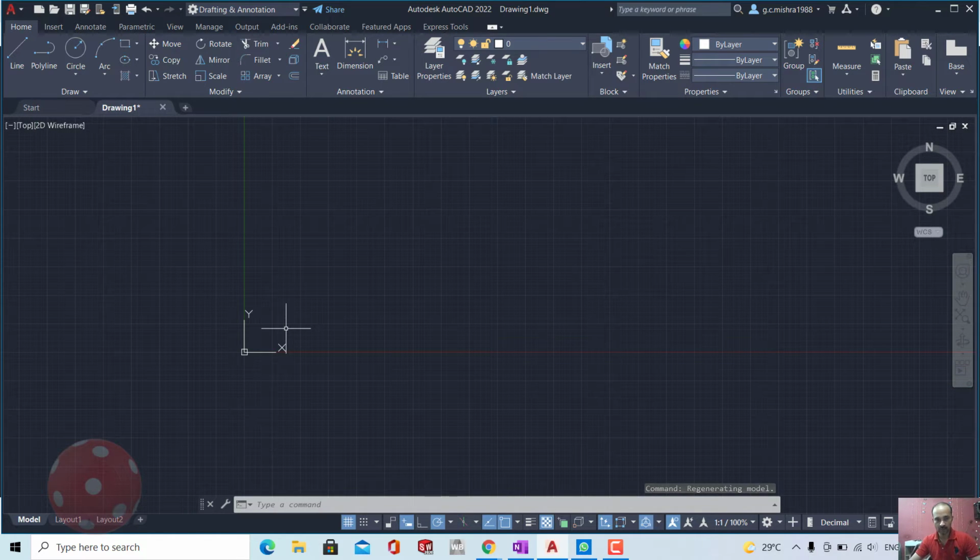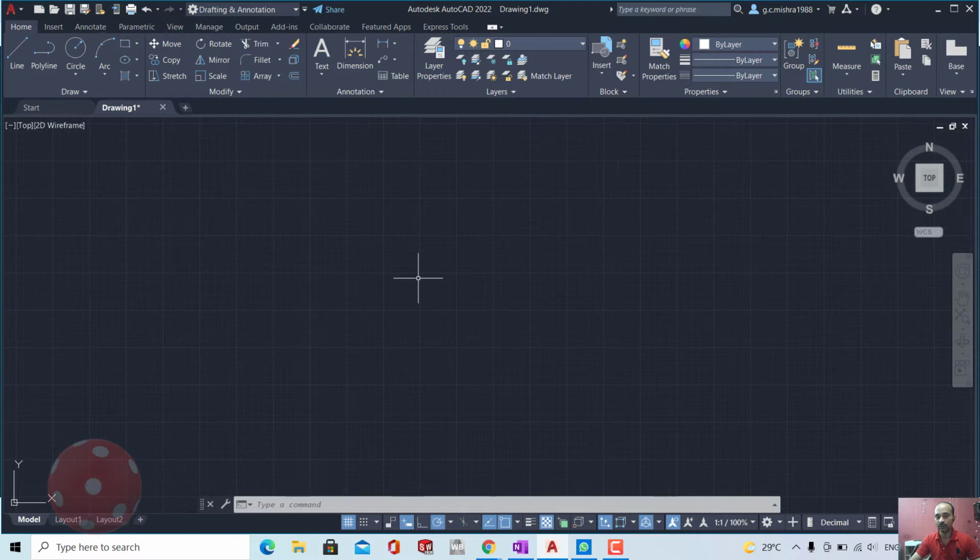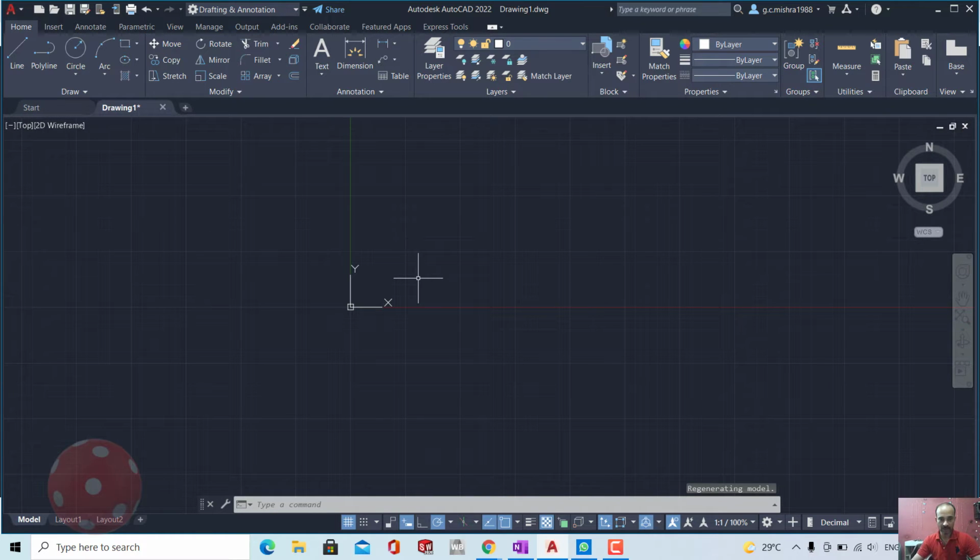If you roll your mouse, there is a roller button. If you roll up, your space zooms and the size becomes larger, and if you roll down, the size becomes smaller. You can refer to these mouse controls in the mouse control video.